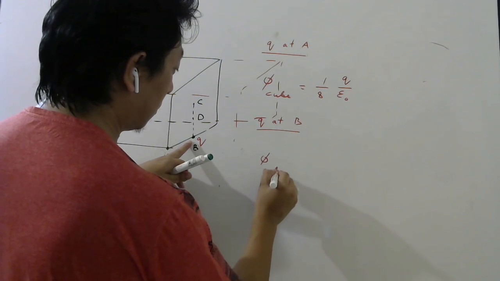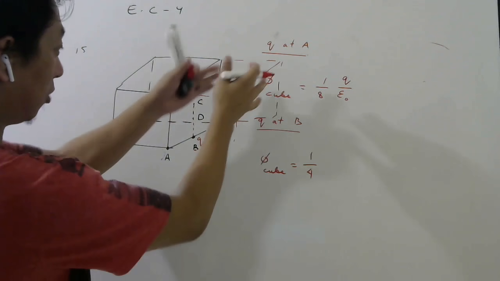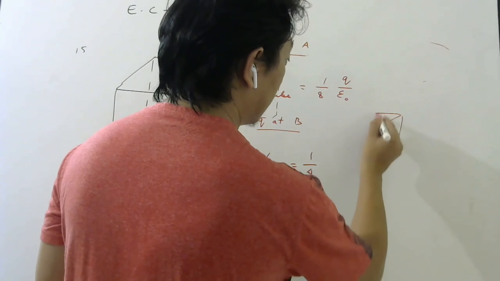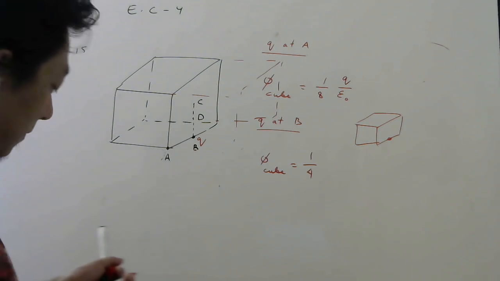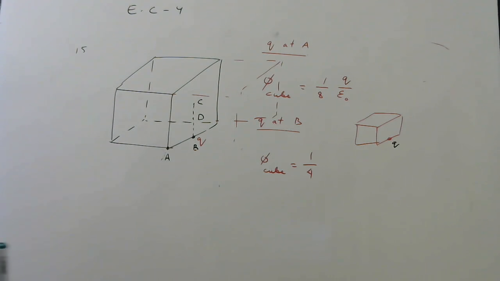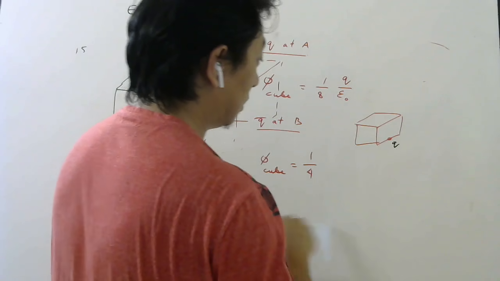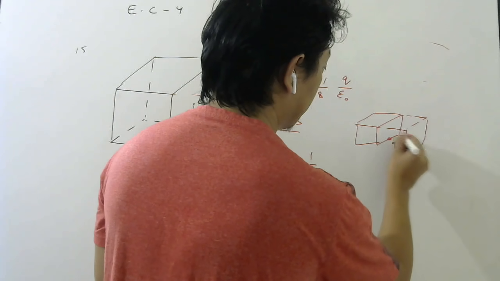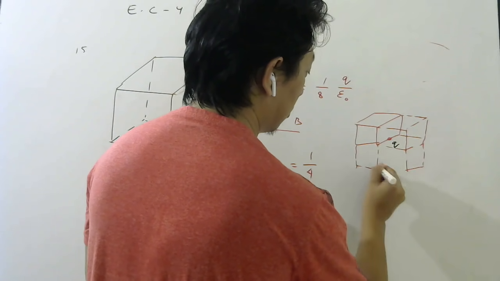flux through the cube will be 1/4. Why 1/4? Because there are 4 cubes now, but the charge is here. So you have to keep one cube here, one cube here, one cube here, right? Are you understanding or not? So this is the cube they have given. We have kept the charge here, right? They have put the charge at this point. Here they have kept. So now how many cubes you need to surround to put here so that this cube will be at the center. So I'm putting one cube like this here, then I'll put one more cube like this, then one more cube like this, right?